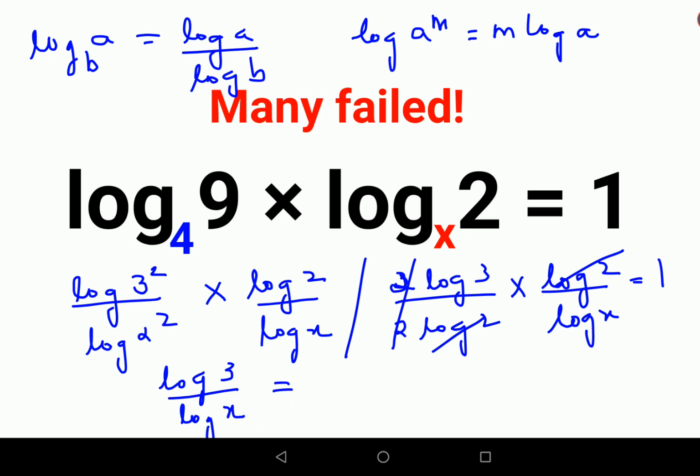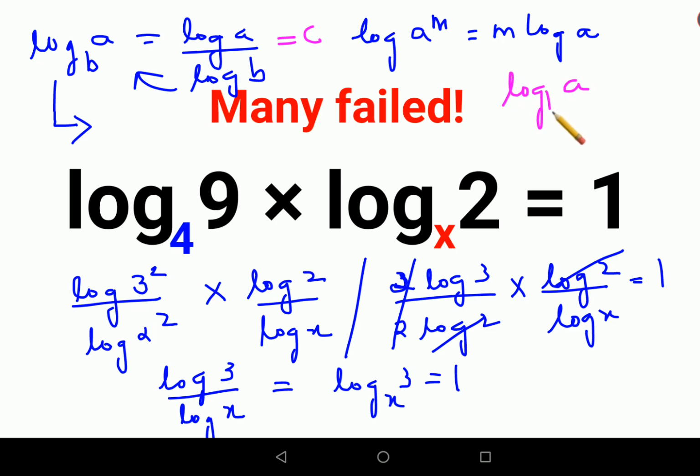So basically this can be written in this format, that is nothing but log of 3 to the base x equals to 1. Now remember, there is another rule of logarithm which says that, let's say this was equal to c. Let me write it over here, this is going to get confusing otherwise. Log of a to the base c is equals to c.